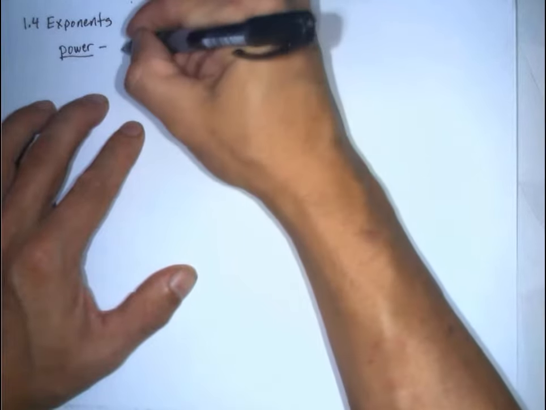This is the fourth lecture in our series on Algebra 1, Algebraic Foundations, which is Unit 1. Today we're going to discuss exponents. And exponents comes from the word power, when we're finding powers of things. And a power is an expression